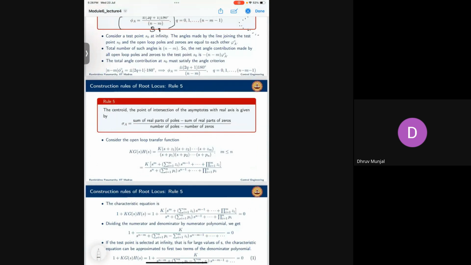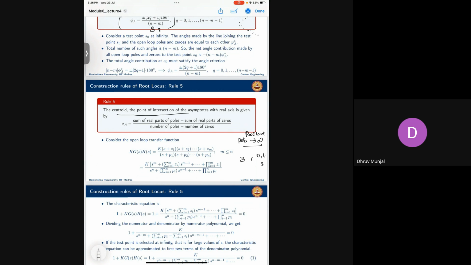Centroid is particularly important when there is a root locus that travels from poles to infinity. This will tell from which point it is going to travel. Maybe there are 3 poles, for example, 0, 1, 2. You don't know from which point it is going to deviate, or from which point it is going to travel. You know at what angle it is going, but from which point it is going,